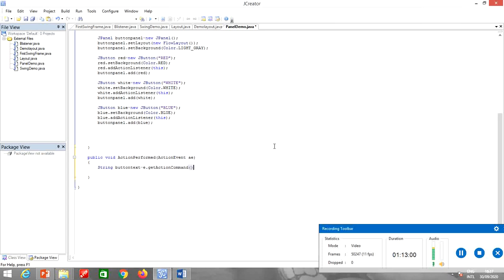This is a method defined. getActionCommand is a method defined to check which button is clicked. Now we will check if buttonText dot equals method,